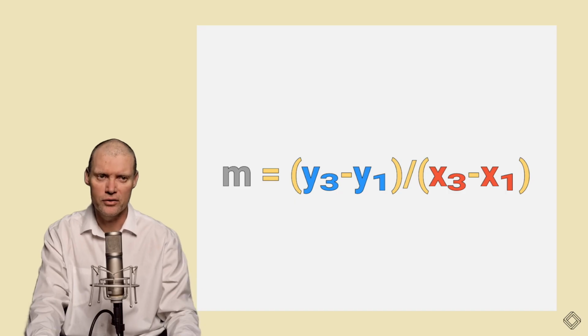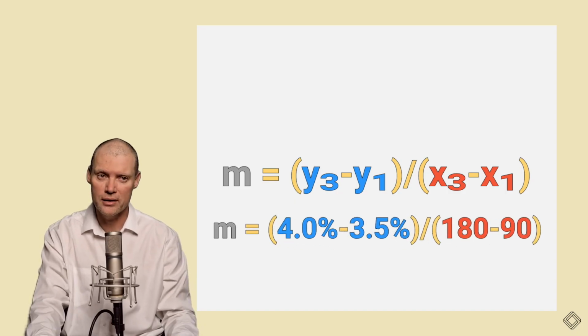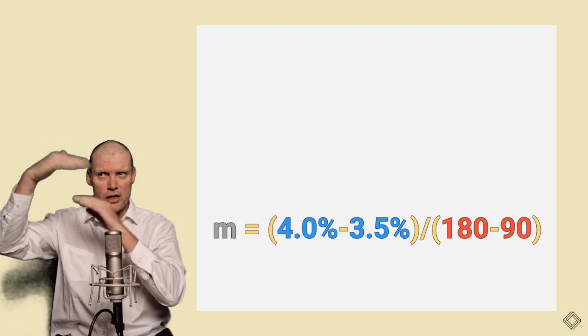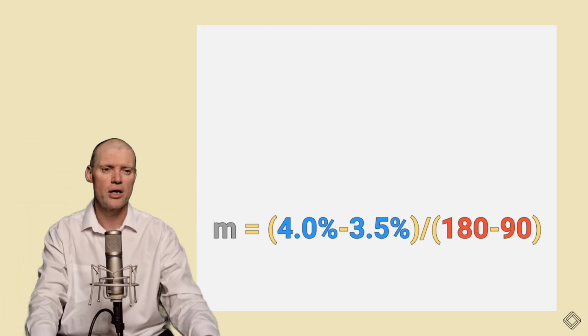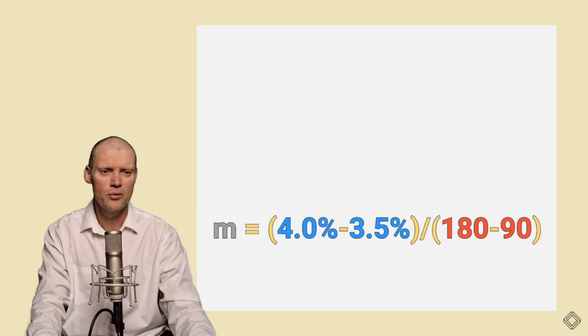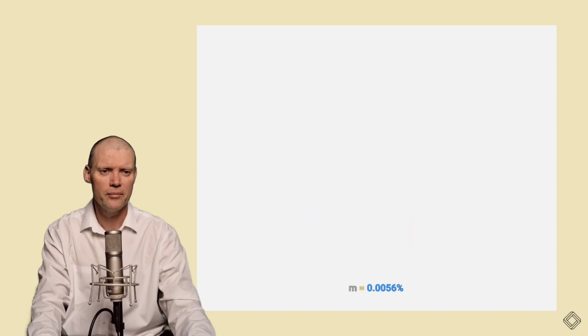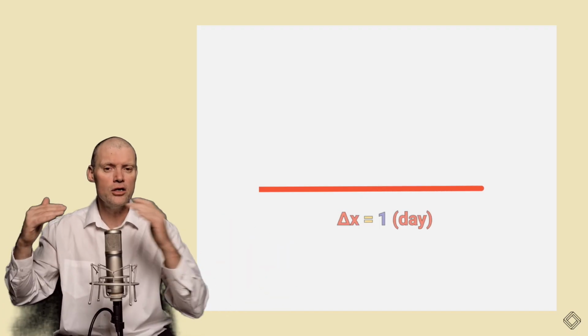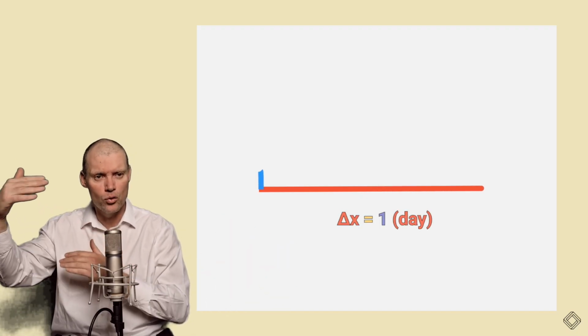Let's use our values to solve this. Y3 is equal to 4%, Y1 is 3.5%, X3 is 180, X1 is 90. So this is purely a calculation: the change happening in Y divided by the change in X. And we solve from here, we're going to get the value M is equal to 0.0056%. That's fantastic because what that tells us now is that as X changes by 1 day, the associated change in Y will be